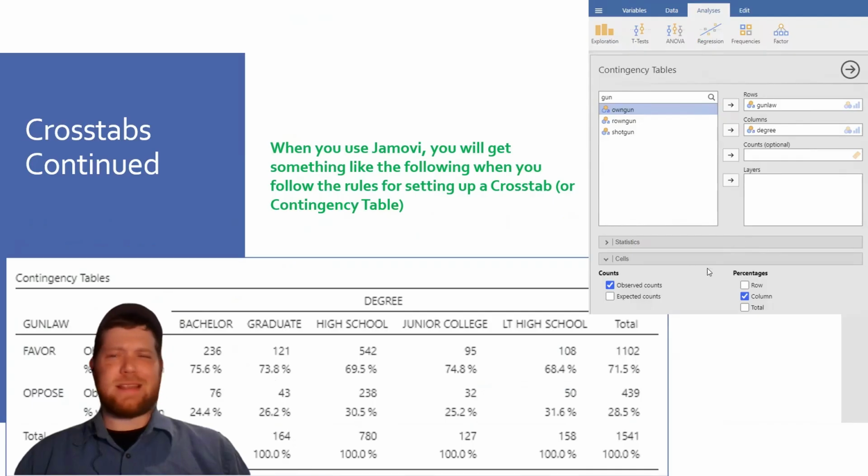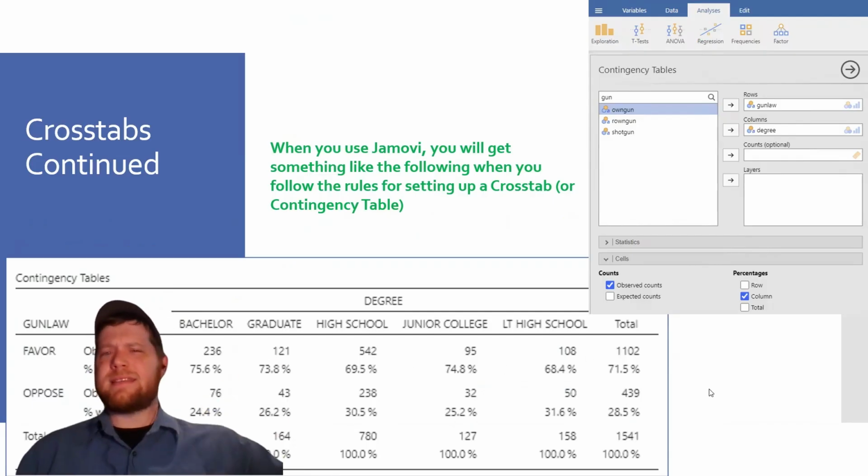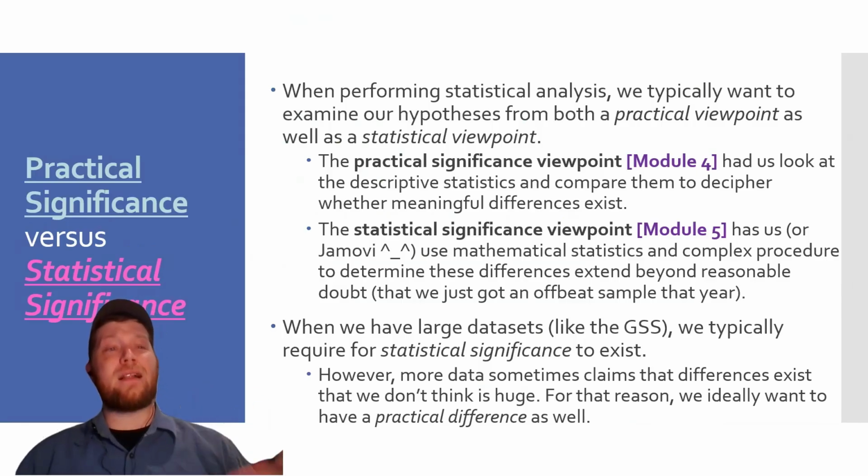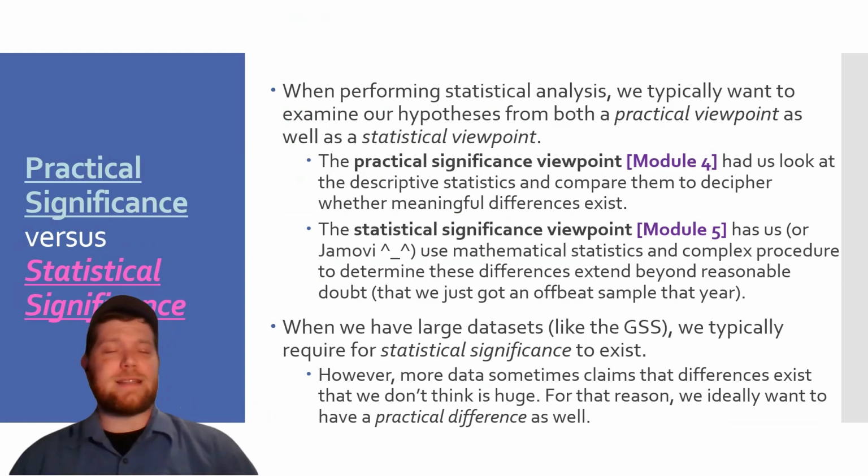We go ahead and make our contingency tables. You did this in module 4 when you did the blog posts. And we get a table that kind of looks like this. We analyze this stuff already. We know how to do this. This isn't too bad. We're now going to be able to take this stuff and analyze practical significance versus statistical